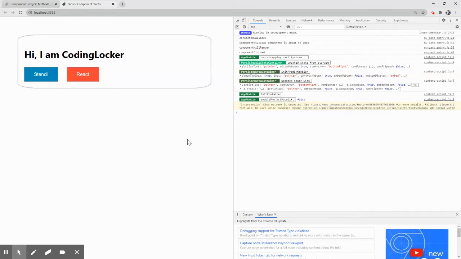This is Chandra Kashwaryani. This is another part where we are learning Stencil with practical examples. And in this part, we will focus on lifecycle methods. The way we have lifecycle methods in React, similarly, we have them in Stencil. It is important to know which thing we should do in which lifecycle method. So let's begin.